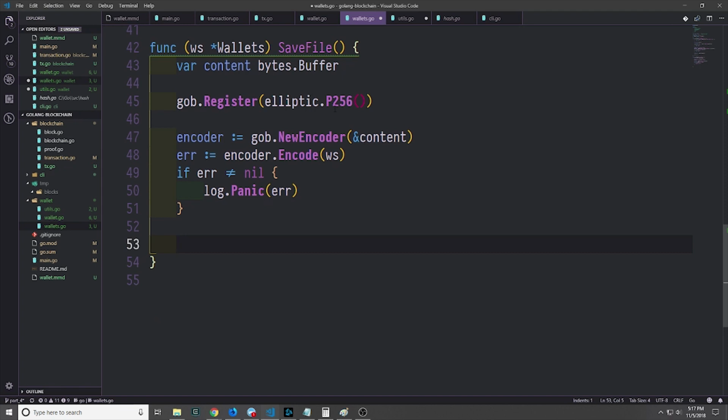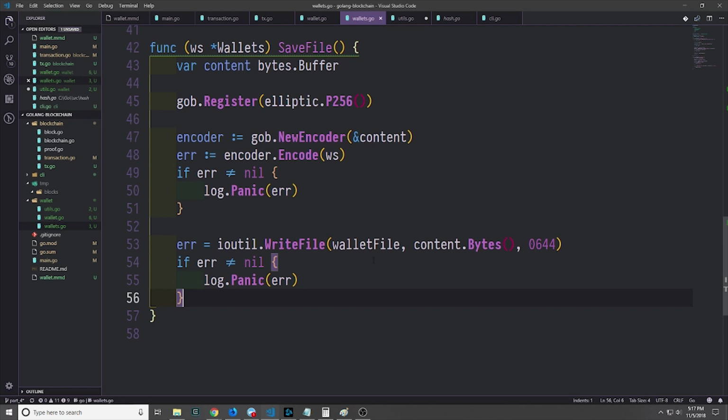We can then create the new encoder on the bytes buffer by calling gob.NewEncoder, and then we can encode the data by calling encoder.Encode. And then finally, to write all of this into the file, we just call ioutil.WriteFile, pass in the wallet file string, which we defined above, then pass in the bytes from our content bytes buffer, and then of course we need to give this function read and write permissions